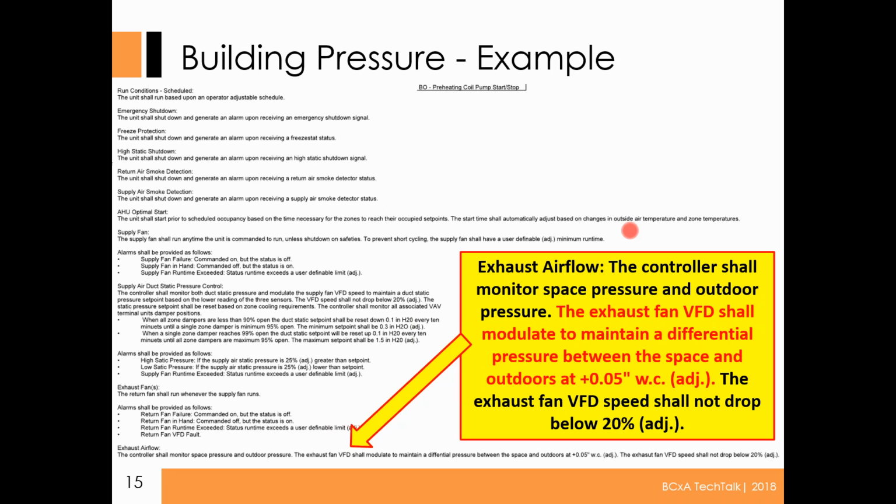This is the sequence. I don't expect you to be able to read it, so I've kind of blown it up there in the yellow box. But I highlight the red text because, again, I really want to enforce the differential pressure. This is called out right in the sequence, that the exhaust fan will modulate the VFD to maintain a differential pressure between the space and outdoors of 0.05 inches. So 0.05. Giving you a really good number, making sure I stress that, of what you should be looking for